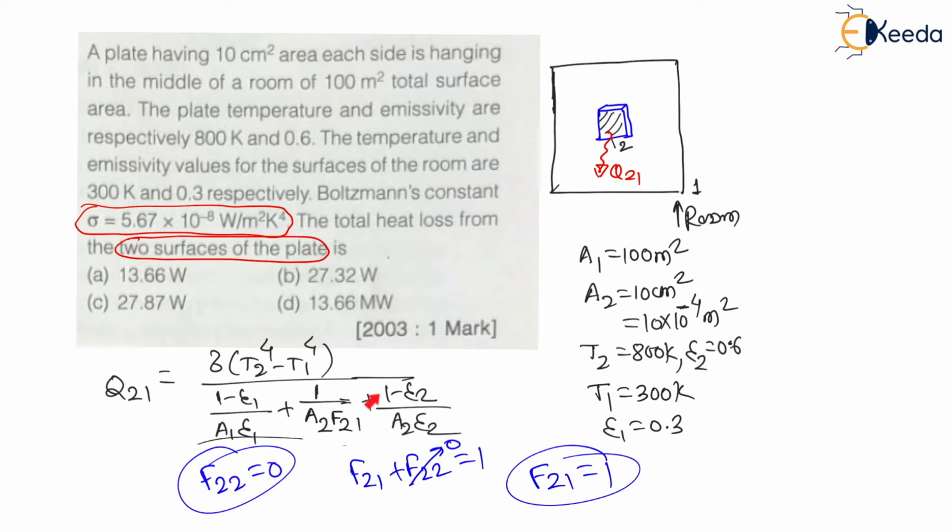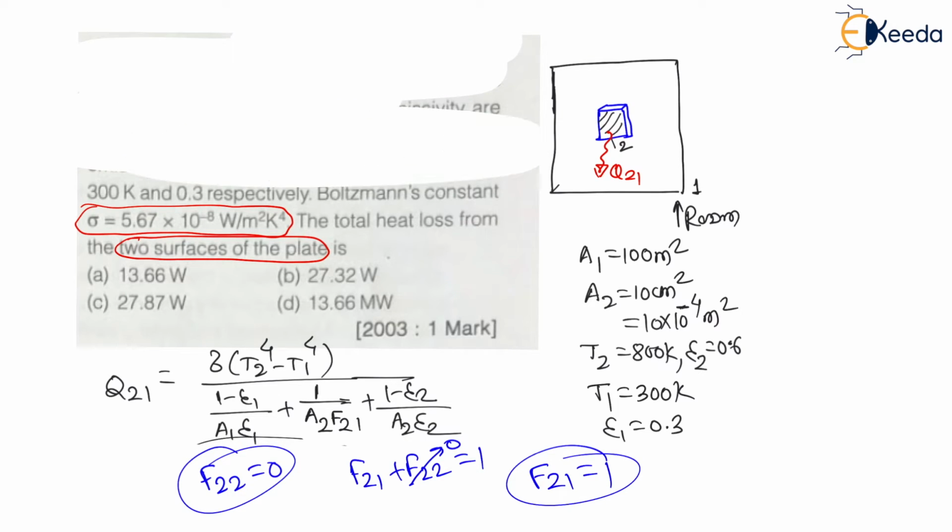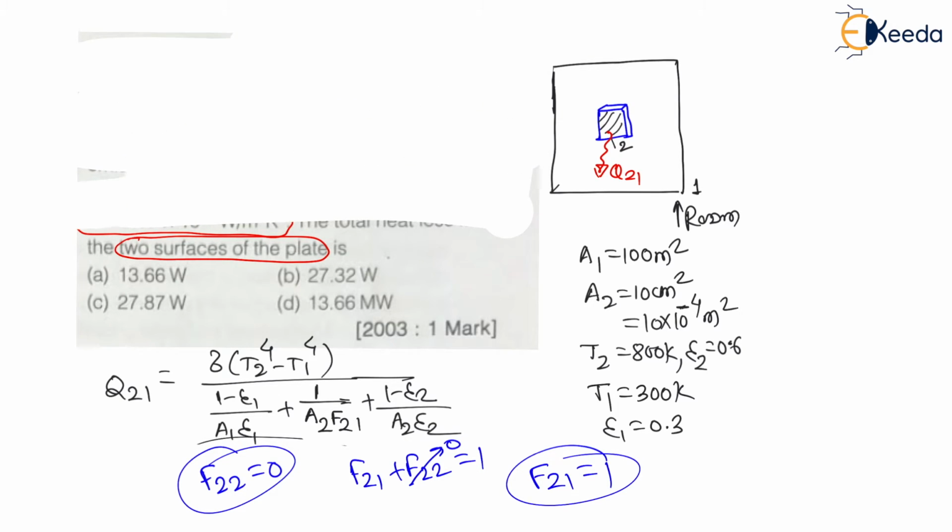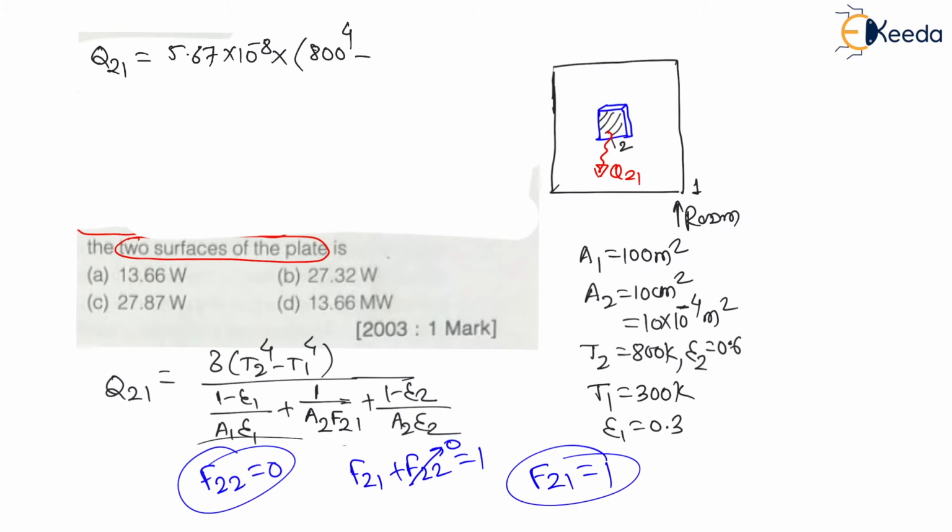Now, let us put the values in this formula and find the answer. So, my dear students, let us solve this question. Now, here I will put the values. Therefore, Q2 to 1 is equal to sigma, 5.67 into 10 to the power minus 8. This is a standard value of the Stefan-Boltzmann constant. Temperature T2 is the plate temperature, which is 800 Kelvin, 800 power 4. Temperature T1 is room temperature, which is 300 Kelvin, therefore 300 power 4, divided by 1 minus emissivity 1,